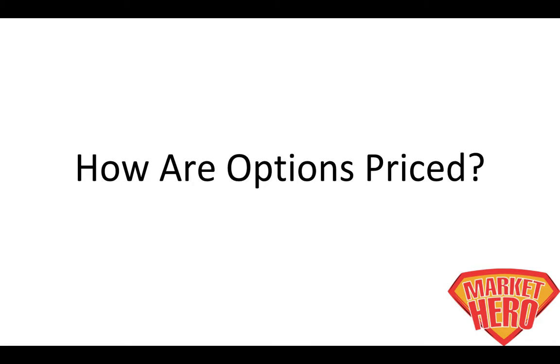So, how are options priced then? We've been talking a lot about implied volatility and the expected move. We're talking about using options to create the probabilities we want better than 50-50. Stocks, the best they can do by themselves is give you a 50-50 chance of making money, but with options,